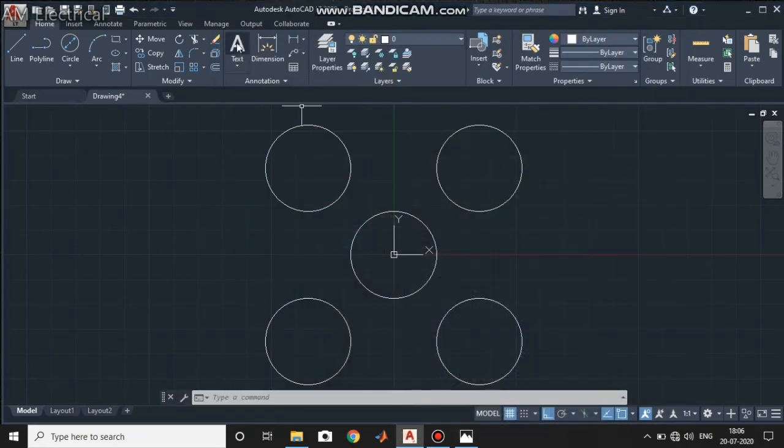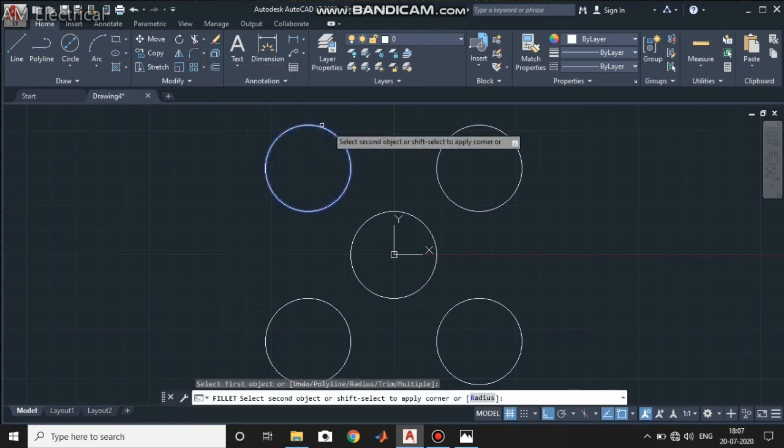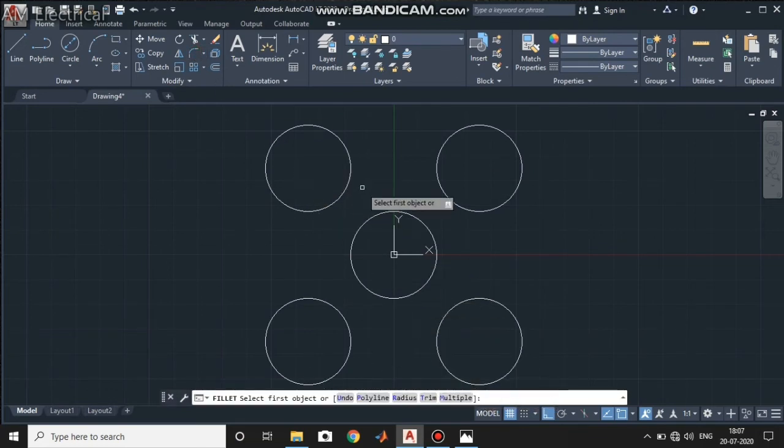At first go to the fillet command from this tab. Here you can fillet, select object, or you can give the radius of 22, enter.